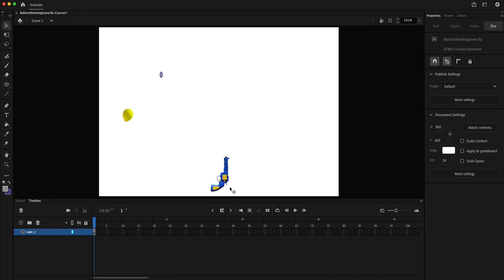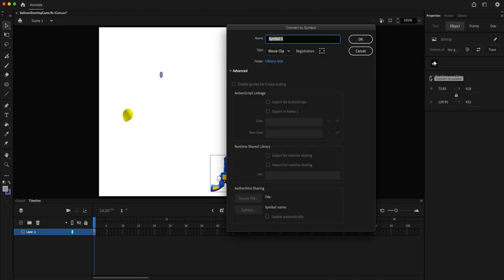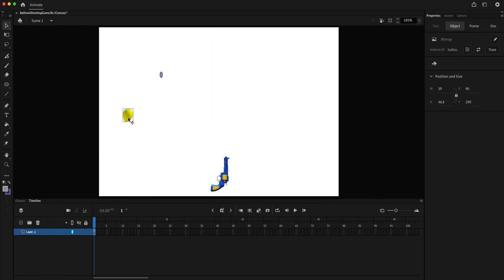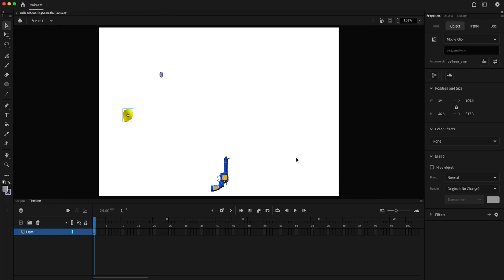Now I'm going to create symbols for the remaining two assets also. So click on the gun and convert to symbol, and I'm going to call this toy gun symbol, and this one is going to be, click on the symbol icon again, and this is going to be balloon sim. All right,